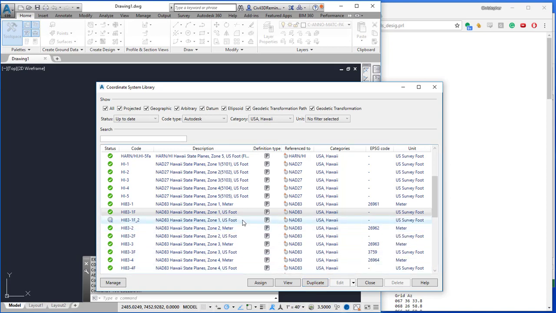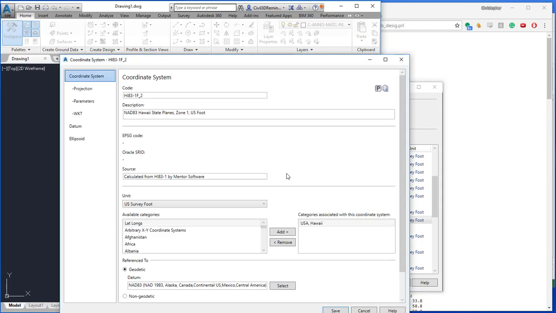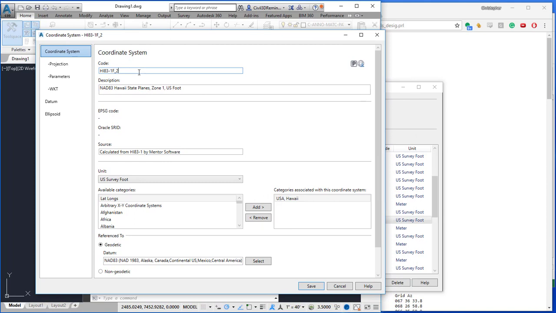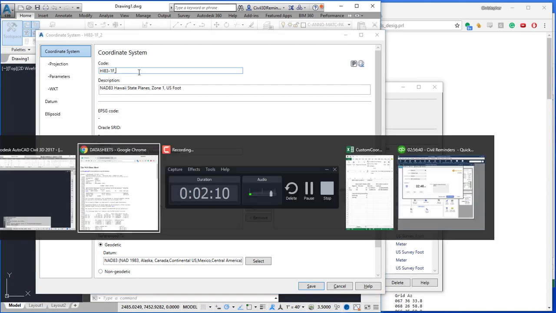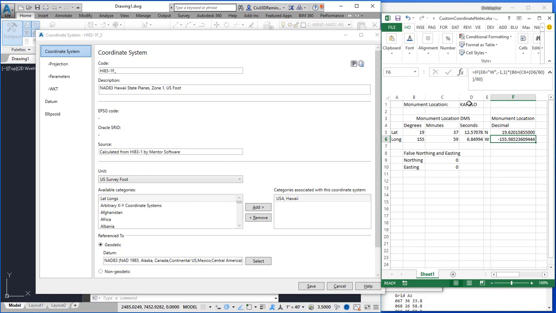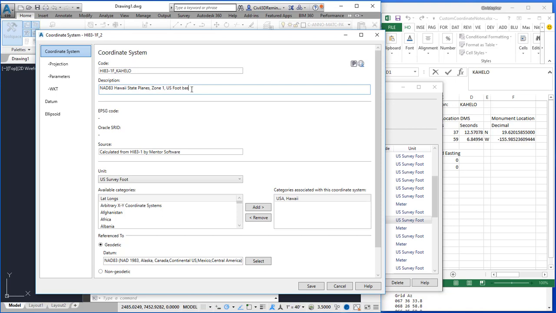And then once I duplicate it, I can then choose Edit to edit it. And it takes a little while for it to load. And so then I can give it a name that makes sense. And so I've already copied the name, so I'm just going to copy the value here so I don't have to type it out. And so I'm just going to give it a code that includes the name of the monument. And then in the description, I'm going to say, hey, it's zone 1 based at the Kahelo